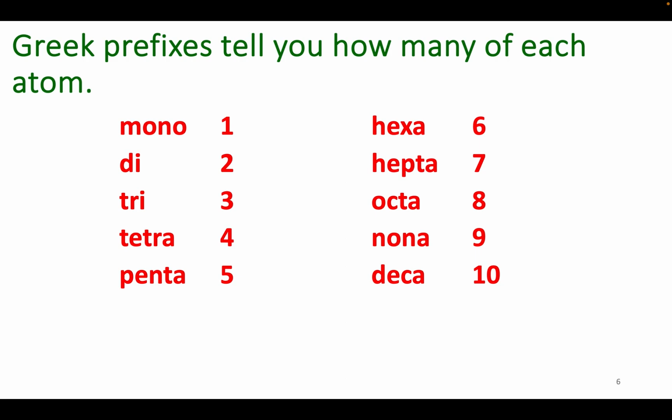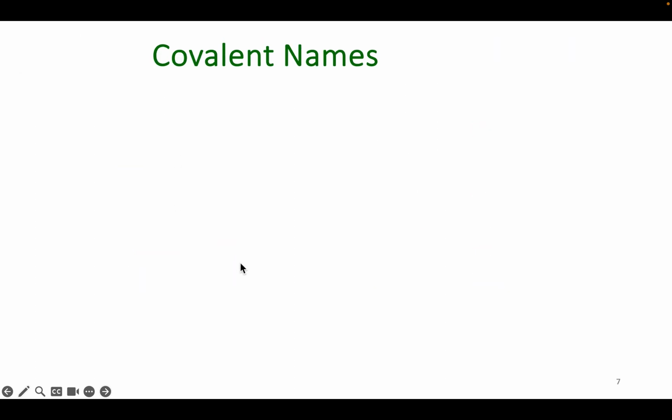These are all down there in a table at the bottom of the chart. You'll just get used to them, and pretty soon you'll know them all. You probably know most of them. You might not know tetra, hepta, nona, but you know mono, di, tri. Okay, so the systematic